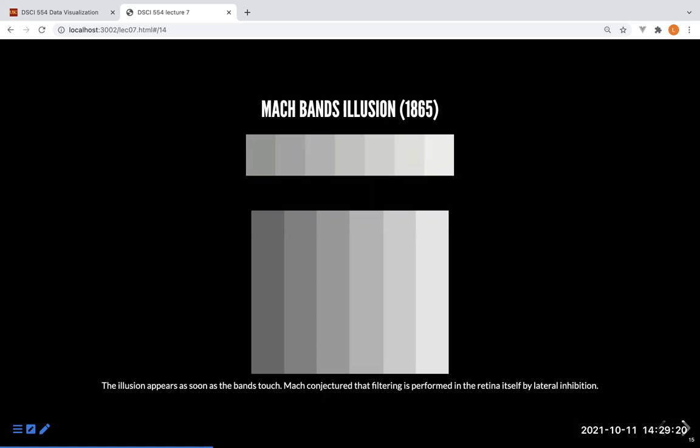And you see that here the illusion is that these squares that are exactly of one color, they appear to have some type of gradient where the color gets darker on the left side, and this one gets lighter on the left side, right? So those are called Mach bands. So the way people avoid this is that you just separate with a space,